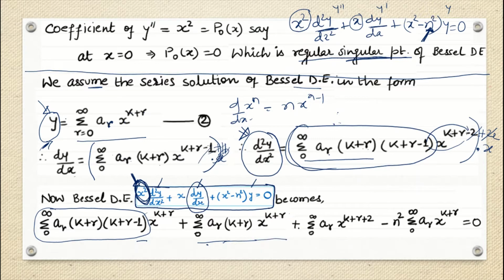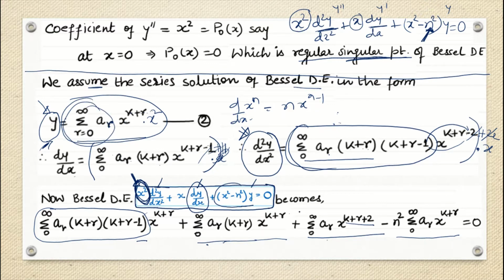Okay, now plus what I have to write down, x square minus n square into y. I am just separating it here to make it simpler. So x square into y, and what is my y? y is here, right? If I am multiplying x square here, it will give me x to the power k plus r plus 2. x to the power k plus r plus 2. And before that, whatever is written, I am just copying it. Fine. Now the second term is minus n square and then y. y as it is, I've just written down as it is.